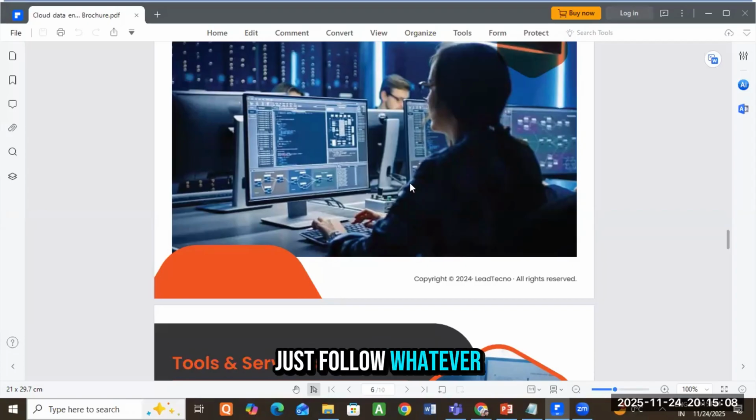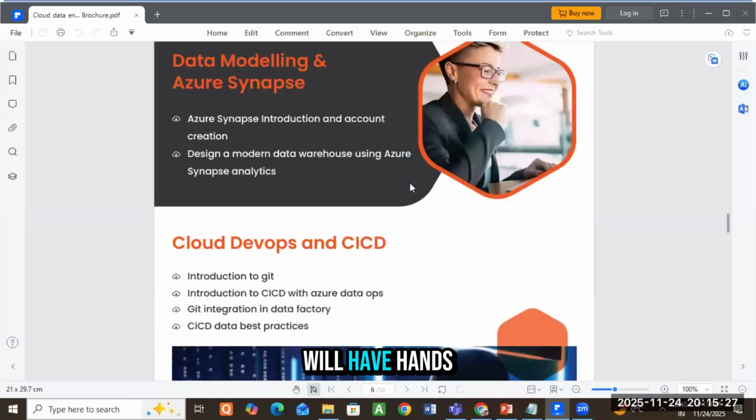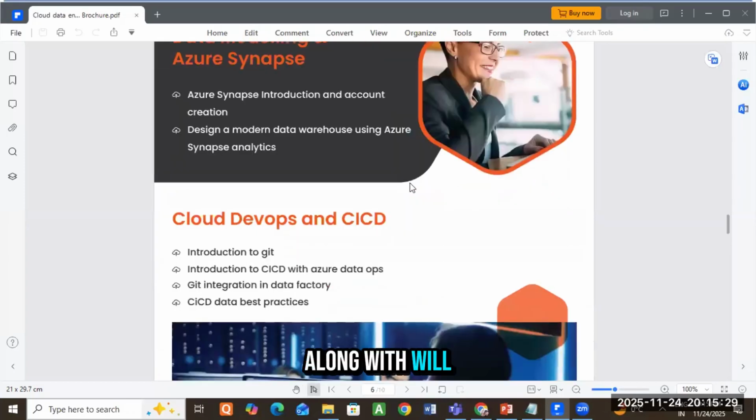Just follow whatever is being taught in the class. I am a great believer in clearing the concepts and having hands-on exposure, hand in hand. So you will practice each and every topic. We'll have hands-on sessions along with doubt-clearing and concept-clearing sessions. So just follow the path,